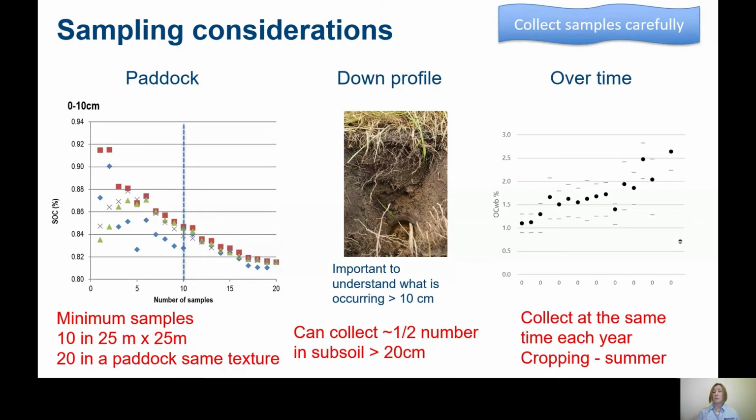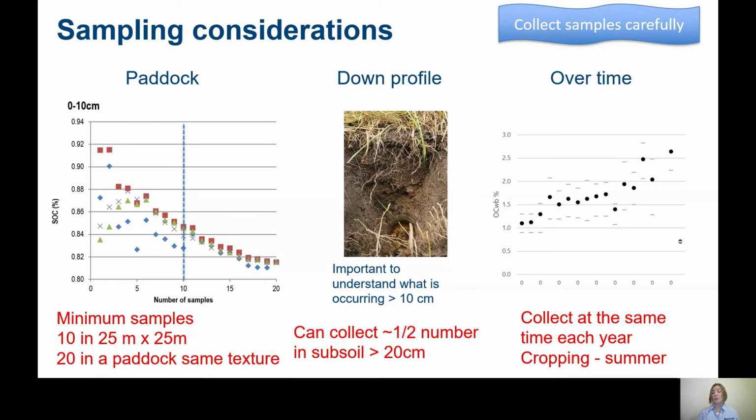The other thing to consider is when you take your samples. So within a year, carbon will fluctuate, and this is dependent on what biomass is there, what the temperatures are, what the moisture is. So the important thing to do is to pick a time and then to stick with that. So if you're sampling every 3 to 5 years, you try and pick the same time. In cropping, we often say it's after harvest or in summer, and that's largely because there's little active root growth and the temperature is hot and the moisture is low. So the stability of that carbon is staying there and it's quite consistent.